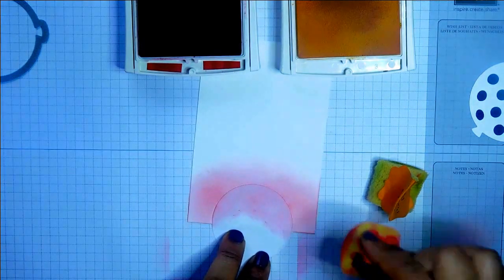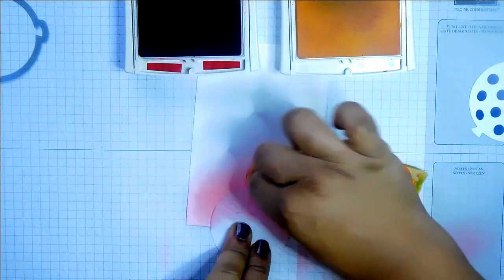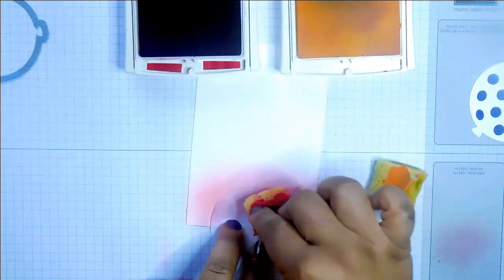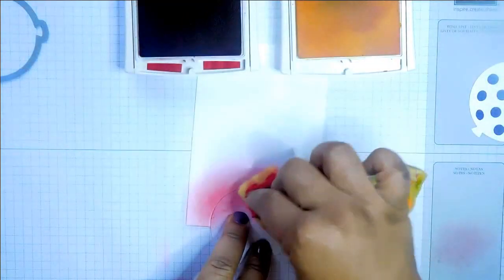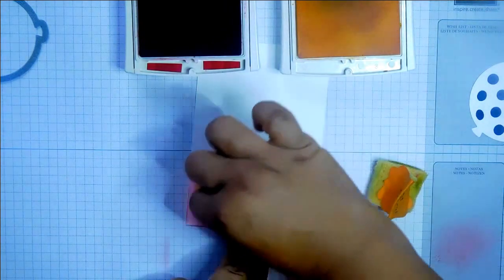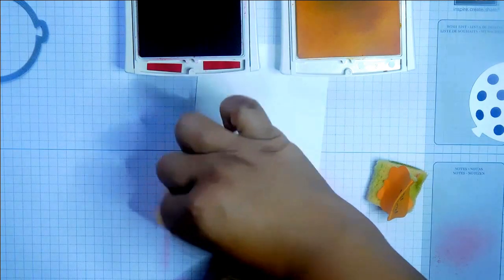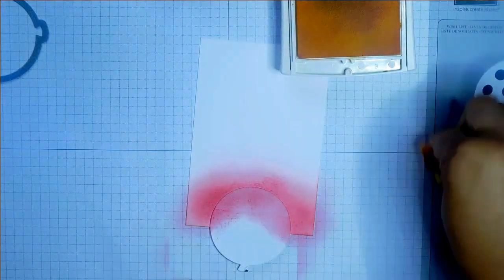I'm just going around the edge, following the mask shape. Can you see? Sorry. Like so. Maybe a little bit more, just right on the edge. But not too much, because I don't want it too dark. Like that. And then Pumpkin Pie,